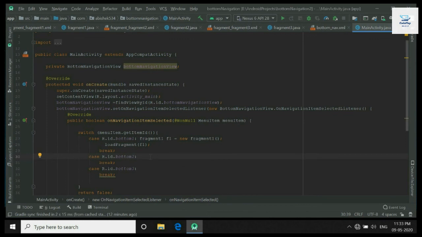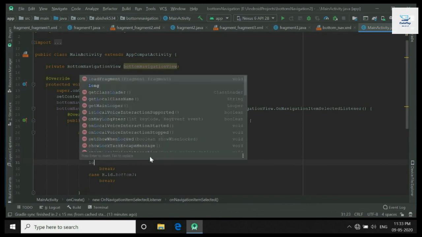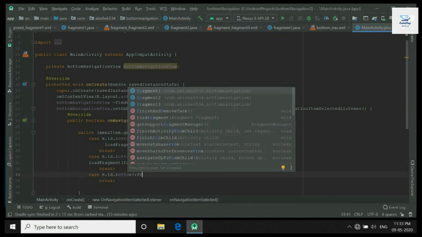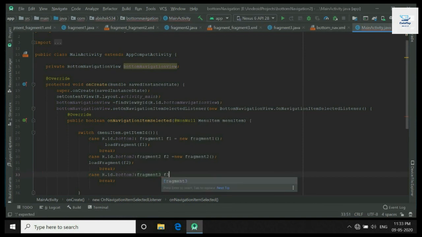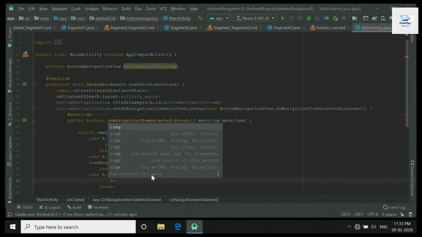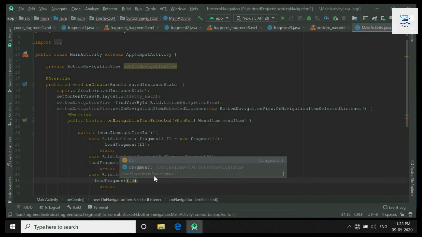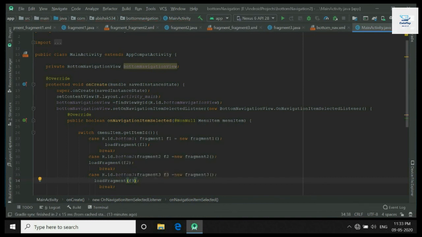We will do the same for the next two items. Now we are done. We will now run the app and see.